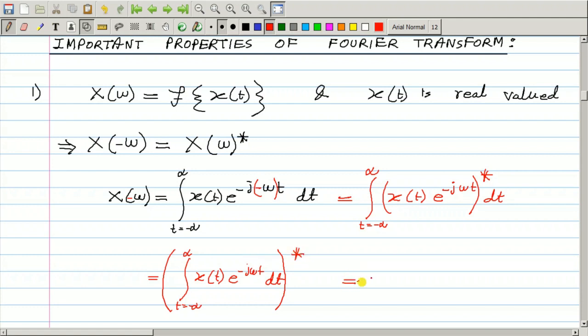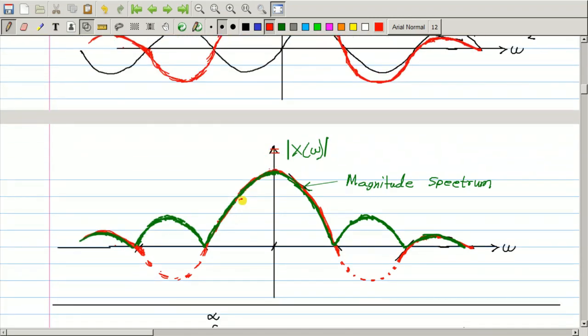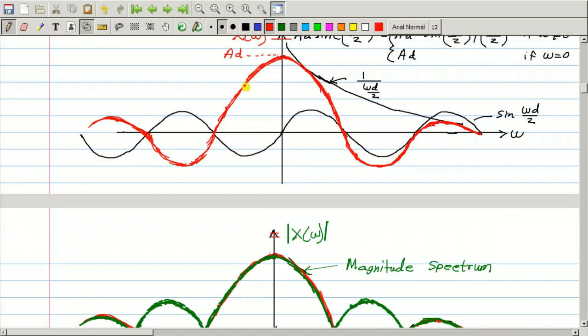And this is by definition X(ω) whole conjugate, because the term inside the bracket is capital X(ω). And you know this is required because we need in the spectrum the component with frequency minus ω and with plus ω, both to be present with